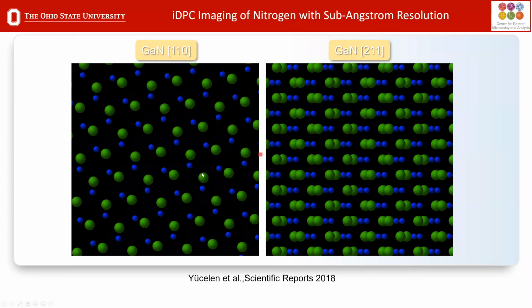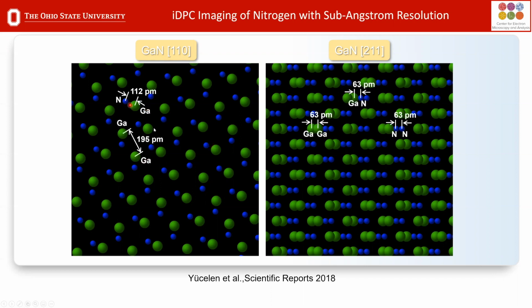And these are the models of how the 110 and the 211 would look like. So we have gallium in green and nitrogen in blue. And then down the 110, we have two various spacings. We have 195 picometers and we have 112 picometers. But when we really want to test the resolution, what you'd like to find is something that has a very tight spacing. And so down the 211, we have two gallium atoms and we have two nitrogen atoms forming this